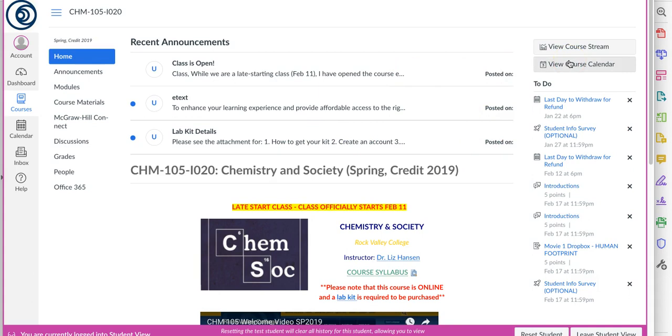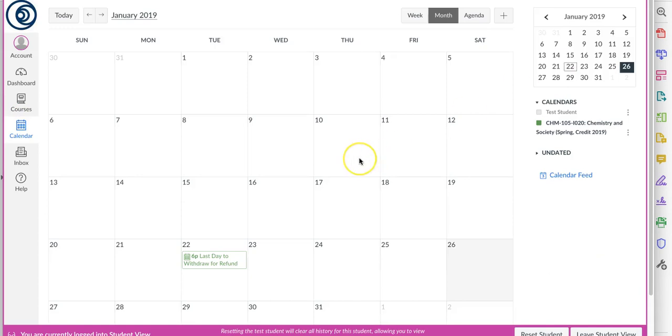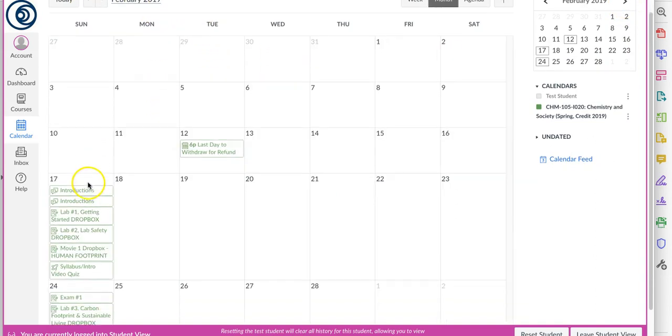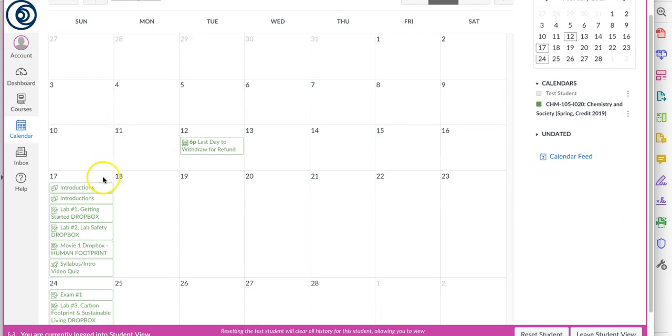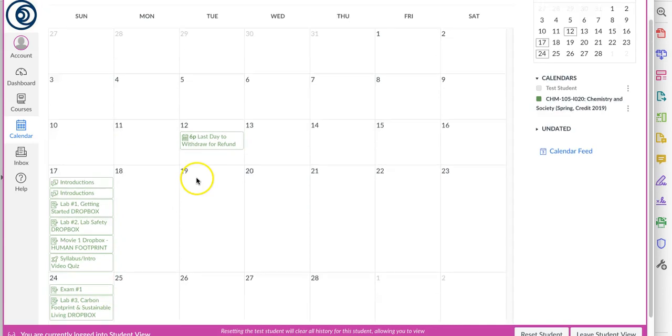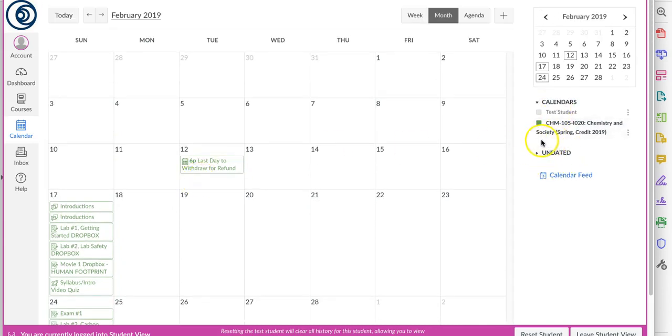You can always look at the course calendar as well. I love the course calendar, and if you're taking other classes, you can actually have the calendar show you all your stuff. So I'm in January making this right now. We don't have anything due, but once we hit February, come on, show me February. It's still showing me. There we go. Once we hit February, again, our class starts the 11th, and then boom, you've got tons of stuff due this first week. And if you have other classes, each class will be its own color. And if you've not played with the calendar, assuming your instructor uses it, it's an awesome, awesome tool. So let me go back to our course homepage.